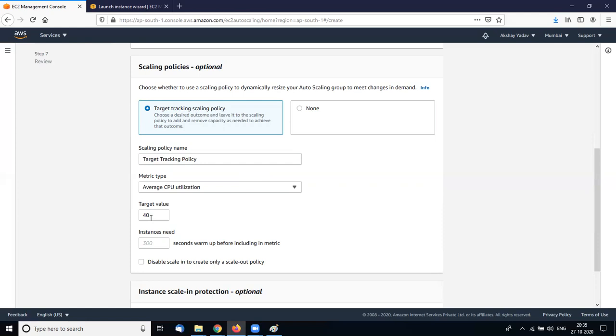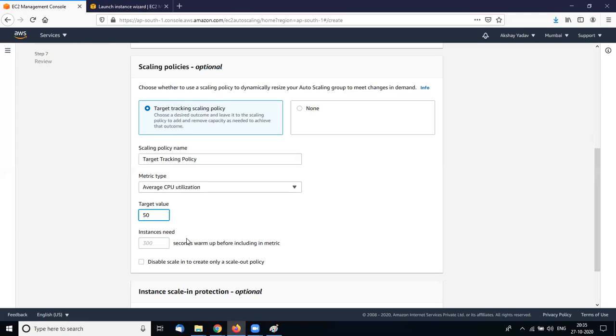Can we set 70% or 78% here? Yes, sure. We can set 90%, we can even set 99%. But if we set 99%, then what is the benefit of auto scaling, if our server already consumes 99%? At least we should set only 70% or 75%. But we have to do the practical in minimum time, so we set it for 40 or 50, maximum 50.